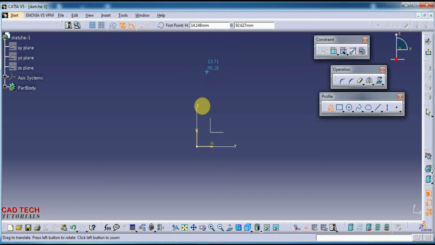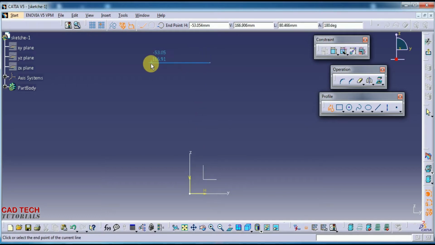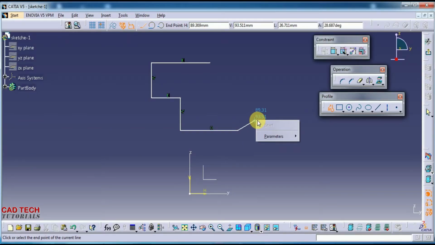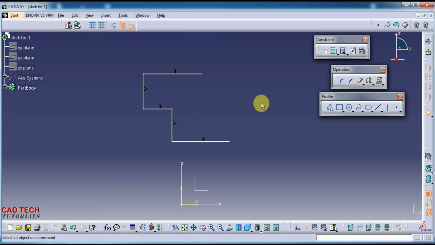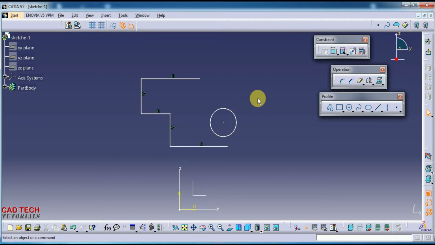Okay, done. And another thing, one circle is required. Okay, now select the